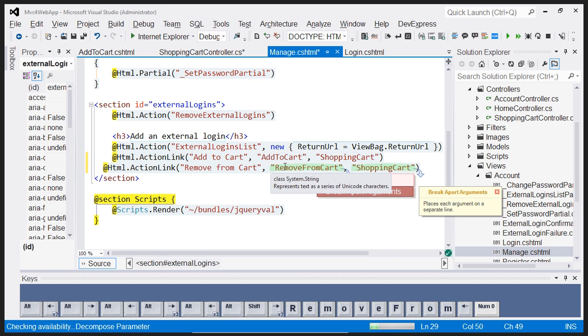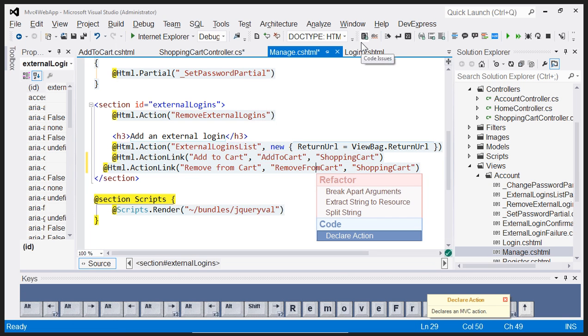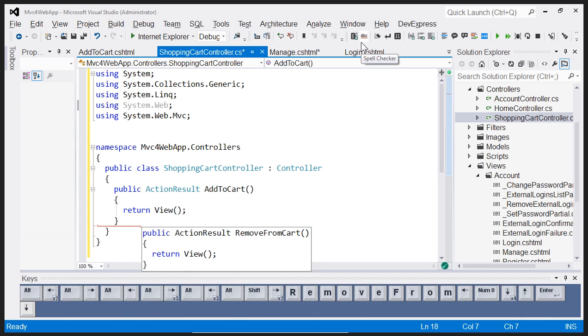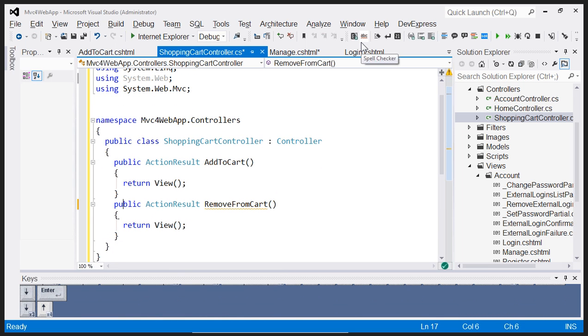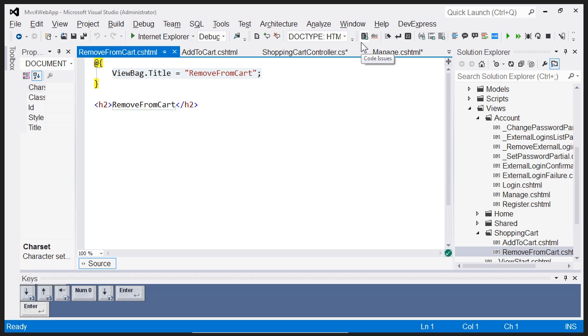Hit the CodeRush key, and we should see the declare action. Okay, there it is. And then we can select where we want to put it. There it is right there, remove from cart. We can come in here and declare the view as well. Okay? So that is the declaration pieces. That concludes the discussion about consumer first declaration. I'm just realizing I did not do anything with, but it's essentially the same thing as what